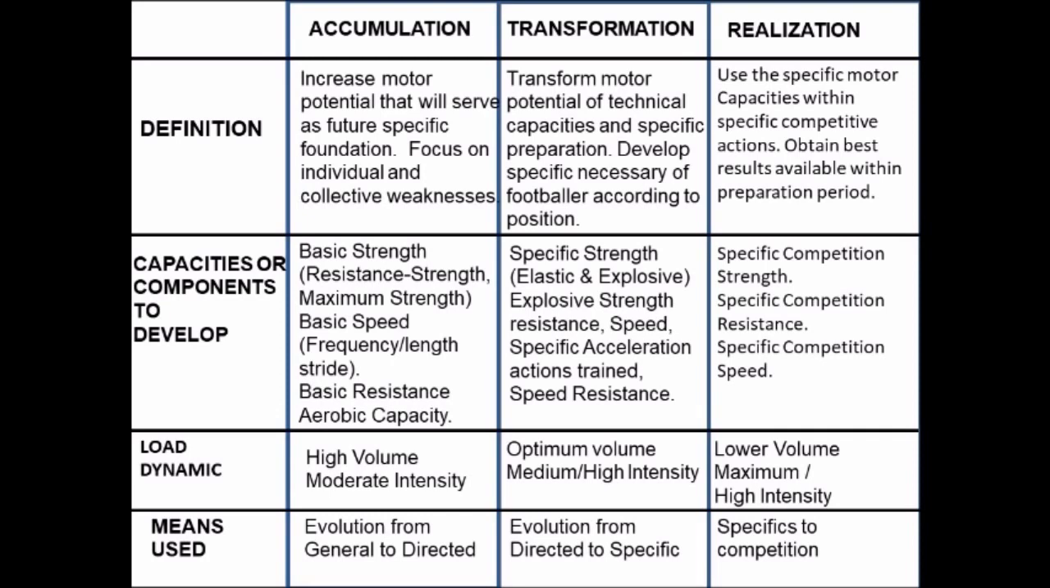And in the last, realization microcycles, okay, so that's why it's called ATR: accumulation, transformation, realization. Now it's going to be totally specific, okay? So now the definition uses specific motor capacity within specific competitive actions, to obtain the best results available within the preparation period, okay? The capacities: specific competition strength, specific competition resistance, specific competition speed, okay? So now we're going to focus on speed, resistance, and strength, and the specific competition components of these capacities or